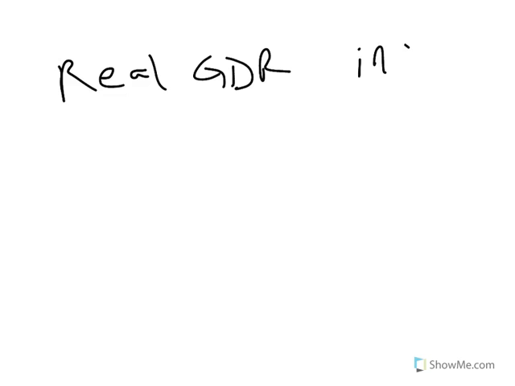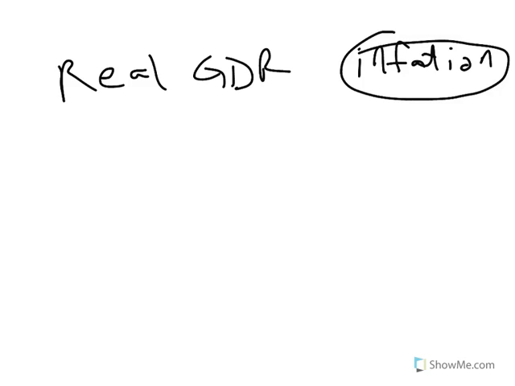Class, here is a brief tutorial on how to calculate real GDP. If you remember back from the lecture, real GDP eliminates the effects of inflation on output on a year-to-year basis. So what real GDP does is eliminate the price effect and fix the price to a certain base year so that